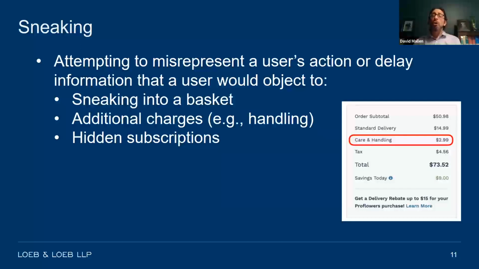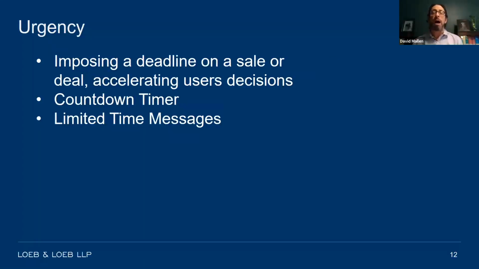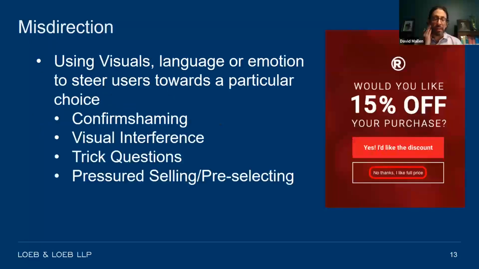It's not prominent. It should have either been disclosed earlier or in a more prominent way. We're going to talk also about urgency, this idea of trying to direct consumers in a certain way through the buy flow by creating, in some cases, a false sense of urgency, imposing a deadline about a sale that they're going to miss out on. They're going to miss a great opportunity. They're going to put their family at risk if they don't buy a certain level of insurance, or they're going to put their data at risk if they don't buy a certain program for credit protection or for consumer protection. These are the kind of practices which some of you will recognize as already covered under consumer protection law. But again, this is an area where there's renewed focus on the part of regulators like the FTC.